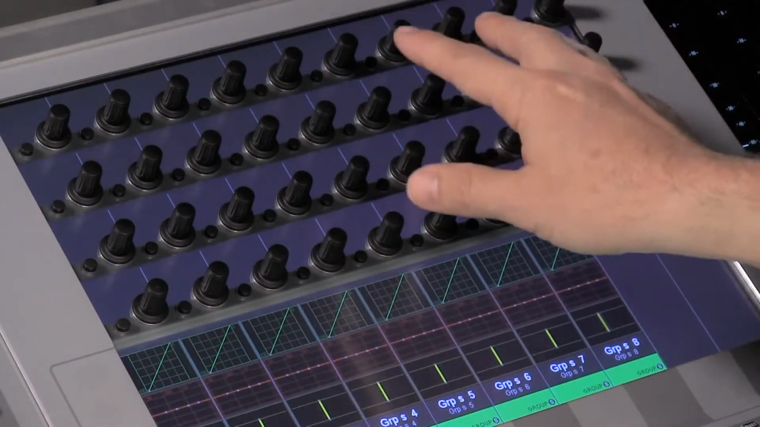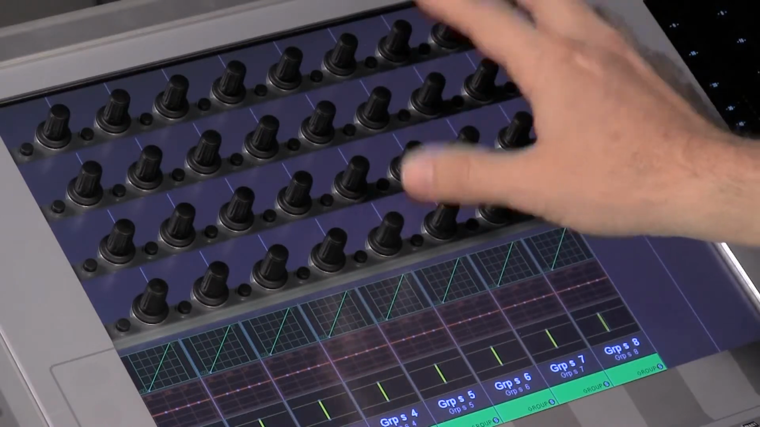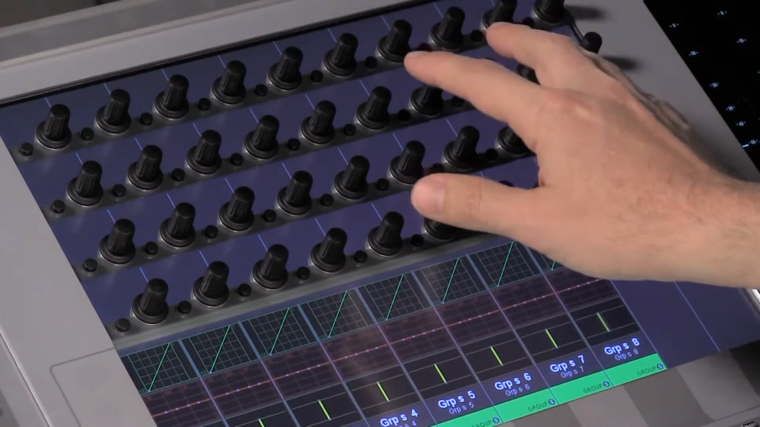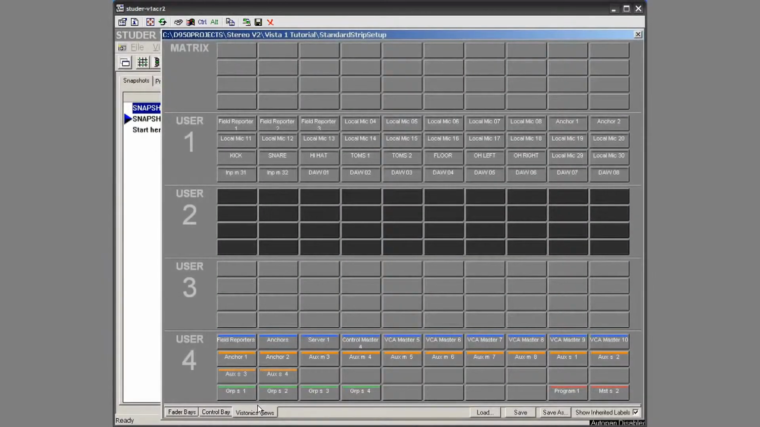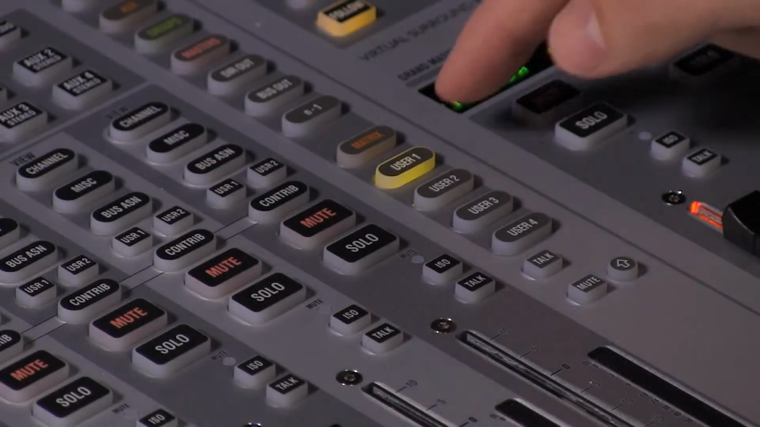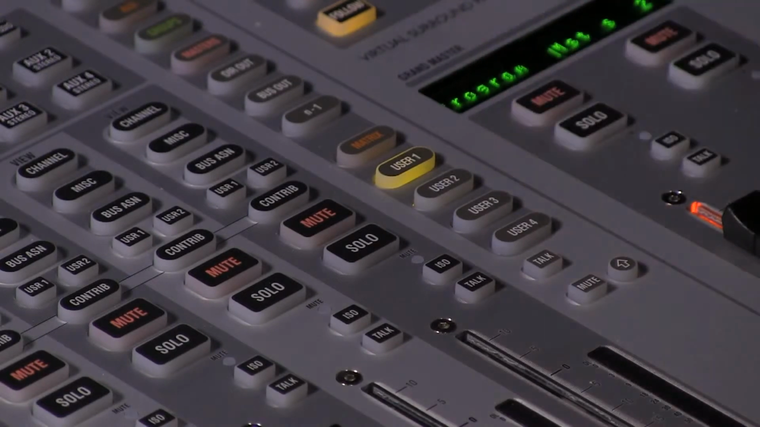I can put channels or buses on these knobs. You can almost think of these knobs as 40 little faders. So to assign to the Vistonic view, you have users 1, 2, 3, and 4. They match 1, 2, 3, and 4. Here I'm going to select